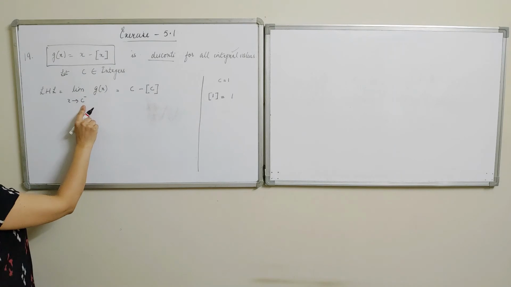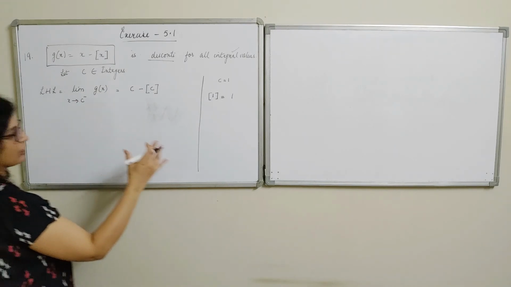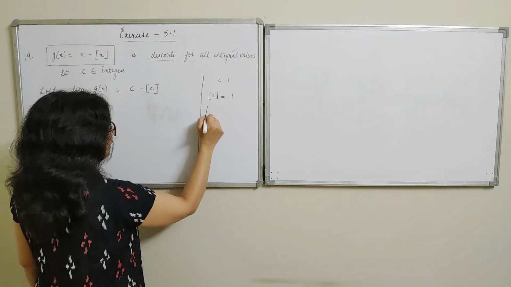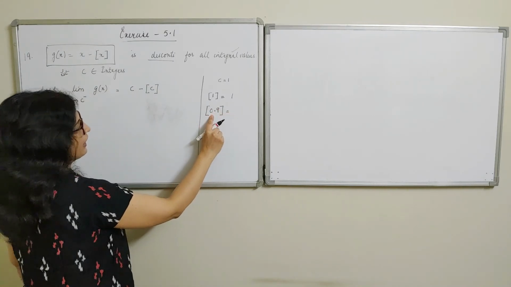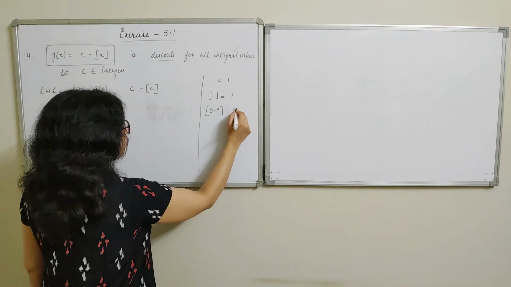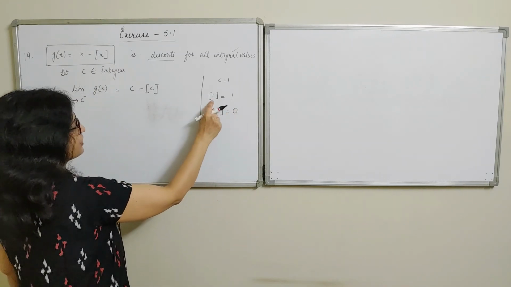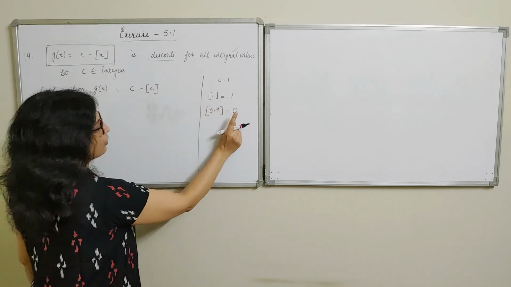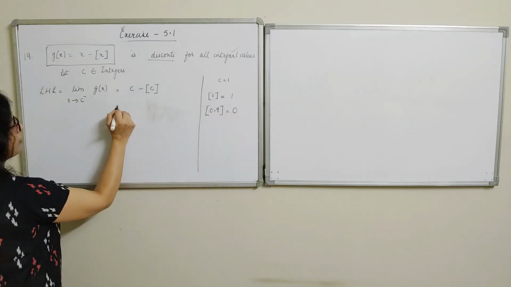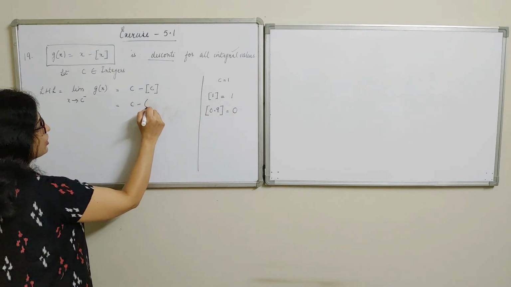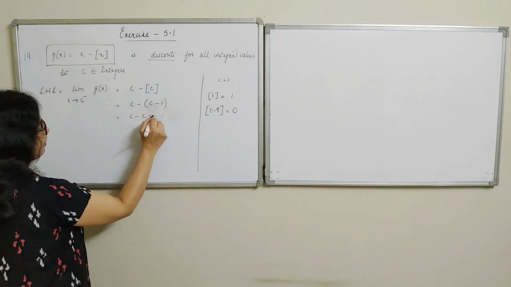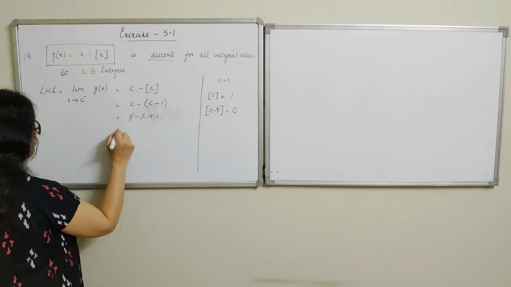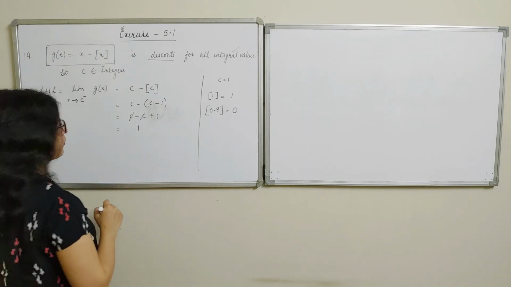What are we saying here? x is approaching the point c from the left hand side. That means values which are less than 1. So less than 1, I'll take a closer value, say 0.9. And for this, the greatest integer function is 0. So if the point is c, we are getting a value 1 less than c. So that means here, this greatest integer function should be equal to c minus 1. When you simplify, you get here the left hand limit equal to 1.